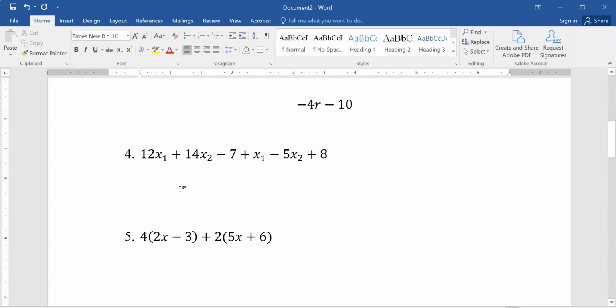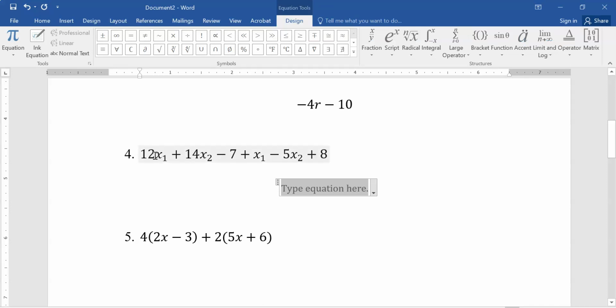On number 4, we start with some subscripts here. Be very careful with subscripts. Some people will start combining these subscripts, but remember this x1 and this x2 are different. This is the first variable, this is the second variable. So when I'm combining like terms, we're going to combine the 12x1 here